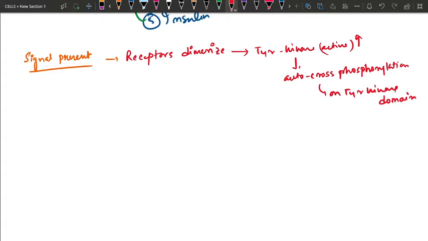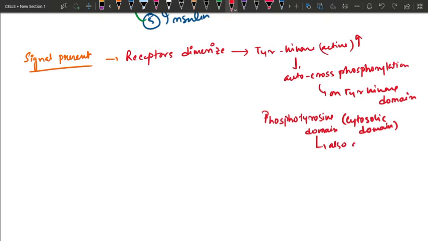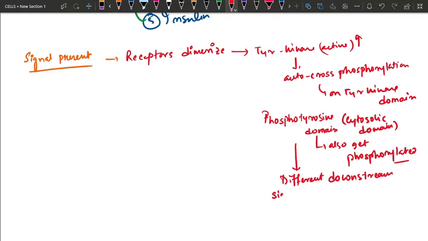On the cytoplasmic side, there is another kind of domain that is known as the phosphotyrosine domain. That is also present on the cytosolic domain of the receptor. They also get phosphorylated. I will draw that, don't worry. And when both of these things take place, then different downstream signaling molecules